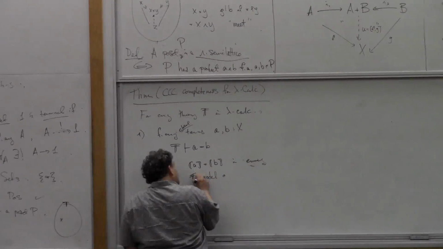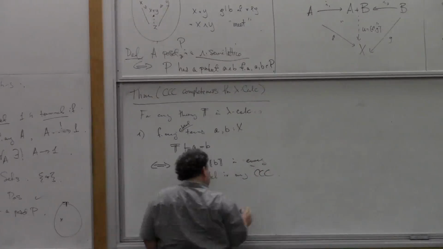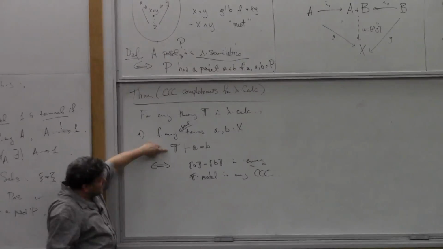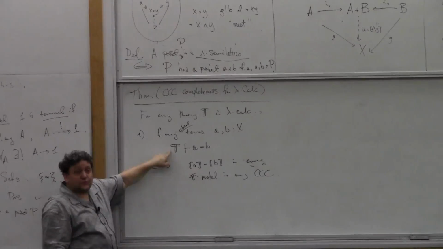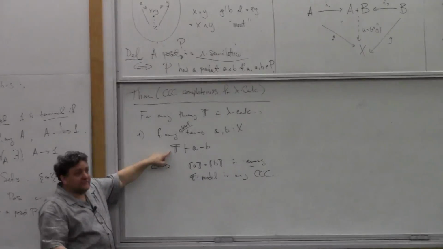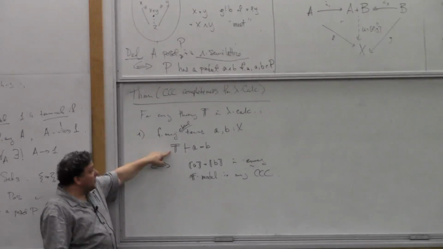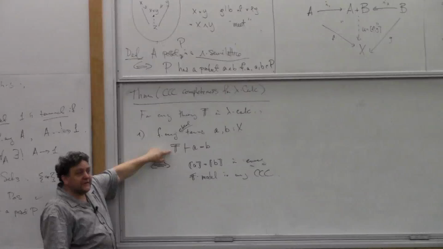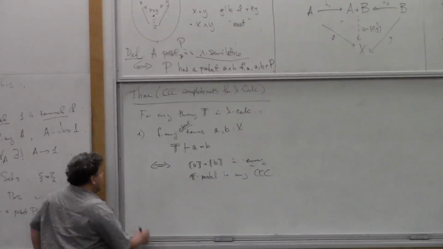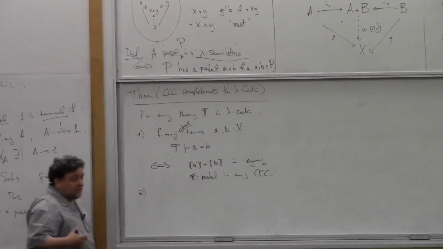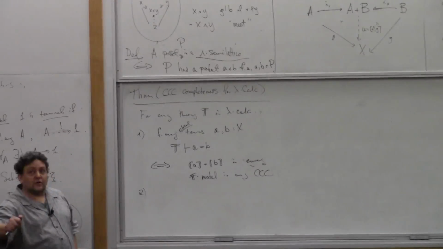T model, of course, in any Cartesian closed category. So if T proves it, then it's true in every model, and moreover, if it's true in every model, T must prove it. So it's just like the completeness theorem for first-order logic with respect to set-valued semantics that we've already talked about, but now we're talking about provability in the lambda calculus, and the semantics are in Cartesian closed categories. And then another notion of provability in the lambda calculus is the existence of a closed term of a